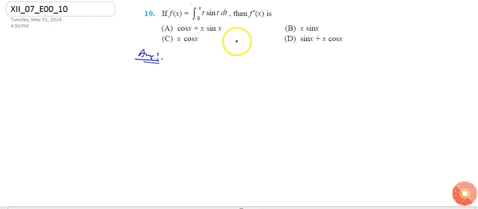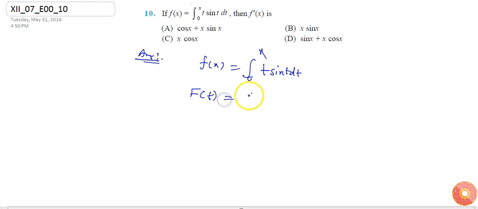In this question, to find out f dash x, first we need to find out the value of f(x). So f(x) is the integration from 0 to x of t sin t dt. First we need to integrate the function. So the function will be t sin t dt. So if I find f(t), which is the antiderivative of the given function t sin t dt, I'll get